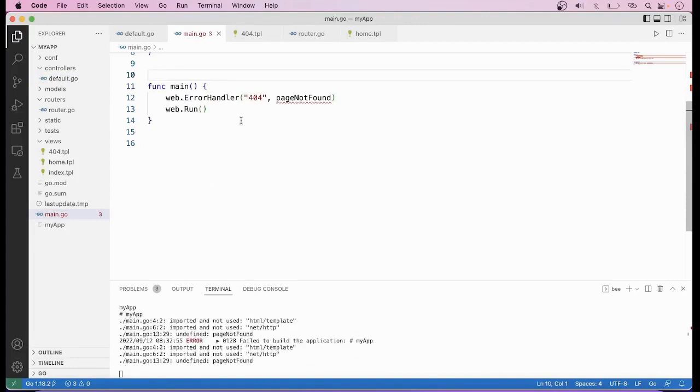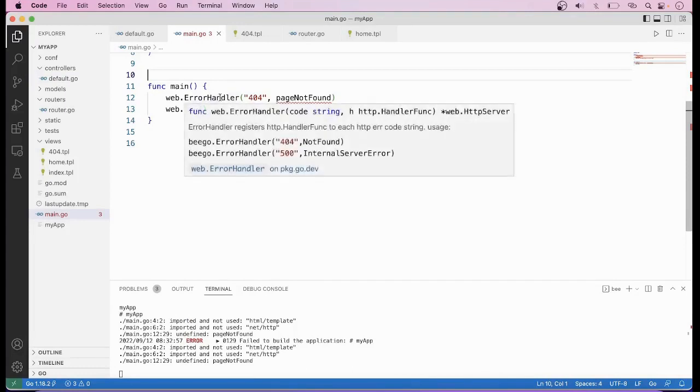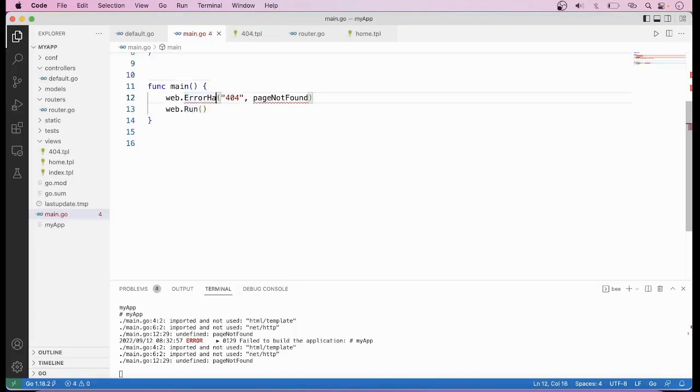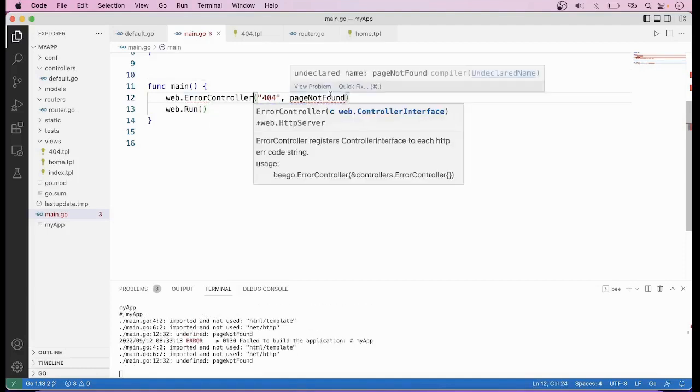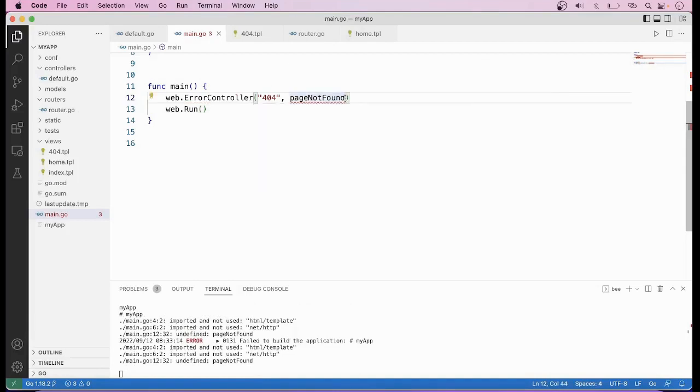and here we have to do a small change. Instead of calling this error handler function, we have to call the error controller function. And here we have to define the controller name. So